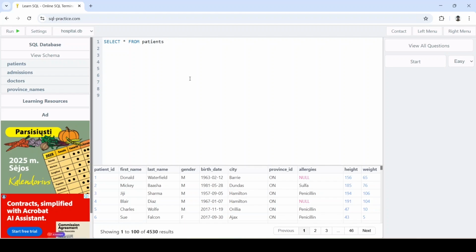In this video, we will explore how to find text patterns using the like operator. So we have one operator called like, and we can use that whenever we want to find some